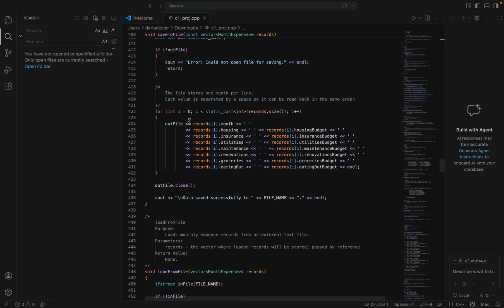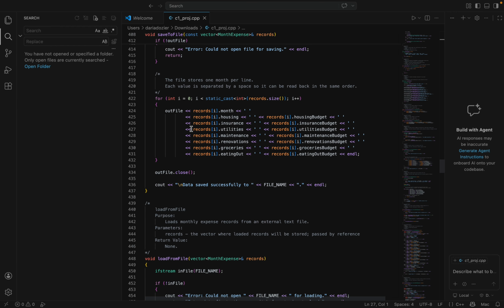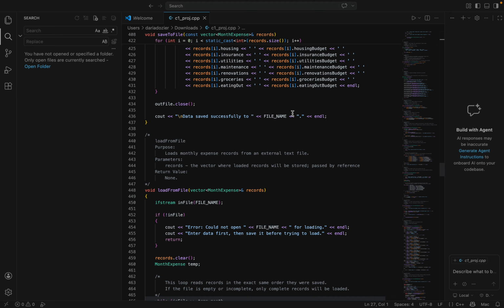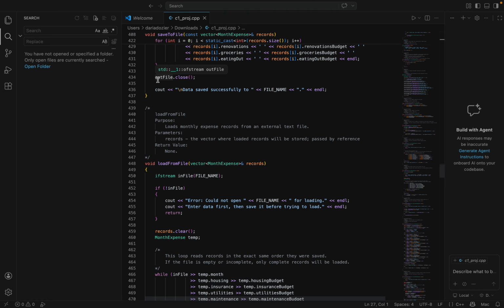And then we go into a for loop, which writes each record to the file, 1 month per line. Each value is separated by a space, just for simple formatting, because it's easier to write and easier to read back in the same order. After writing the records, the file is closed, and it prints a confirmation message to let the user know that it was